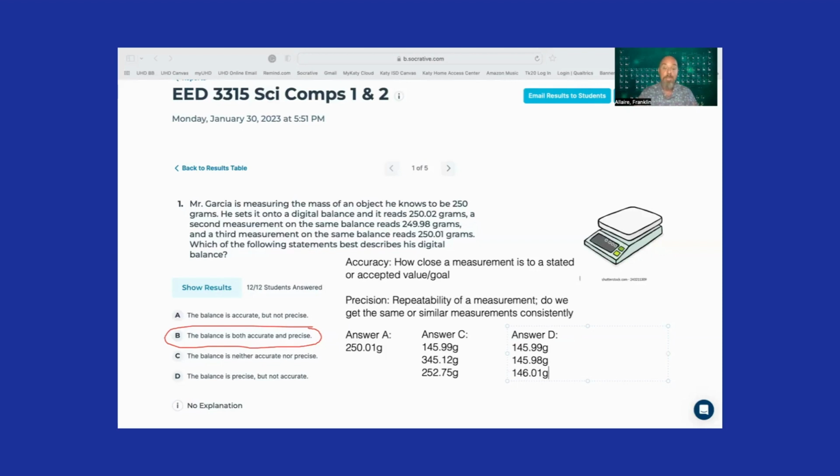This balance would not be accurate because those values are not anywhere near the known mass of the object that Mr. Garcia is measuring. However, they are all close together. So this balance would not be accurate, but it would be considered precise because all of those values are very